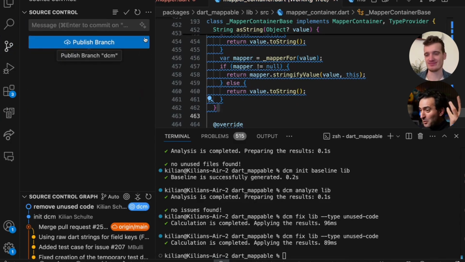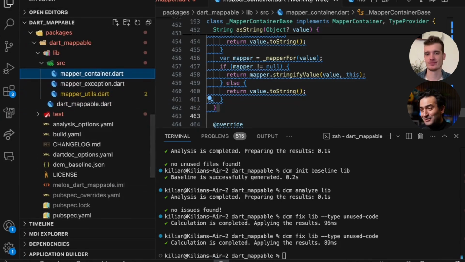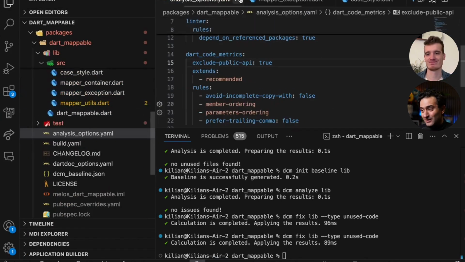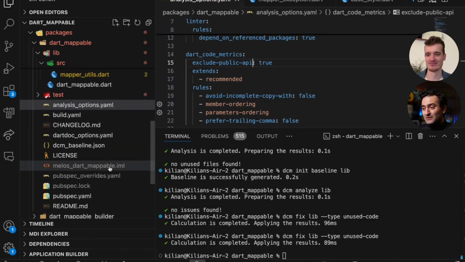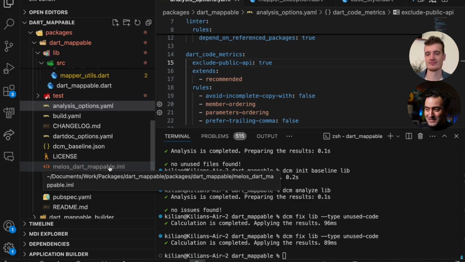Okay, so we integrated DCM, we fixed some unused code. There's a lot more, Kilian. You need to take a look at some rules. You need to take a look at some of the commands that we have, so it will help you to figure out more. And you also need to enable it for the other project. Also, you can combine them into a mono repo, which I recommend you to take a look at our documentation. In this case,